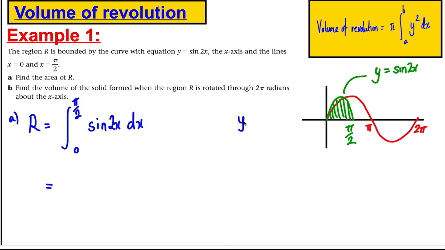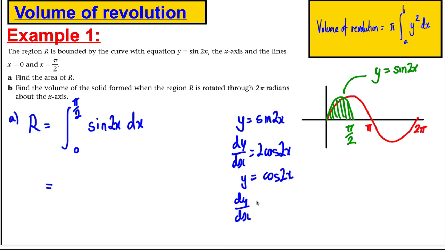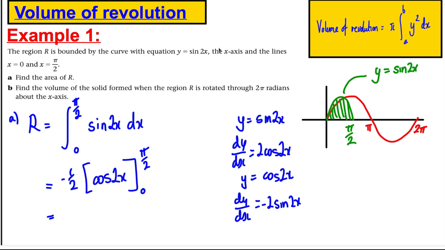Because we know that if y equals sine 2x, dy by dx equals 2 cos 2x, and because we know if the original function was cos 2x, dy by dx is minus 2 sine 2x, we know the integral of sine 2x is equal to minus a half cos 2x. And we're going to put in 0 and pi by 2. When we put in pi by 2, we get cos of pi, and cos of pi is equal to minus 1, so we're going to have minus a half, times minus 1,